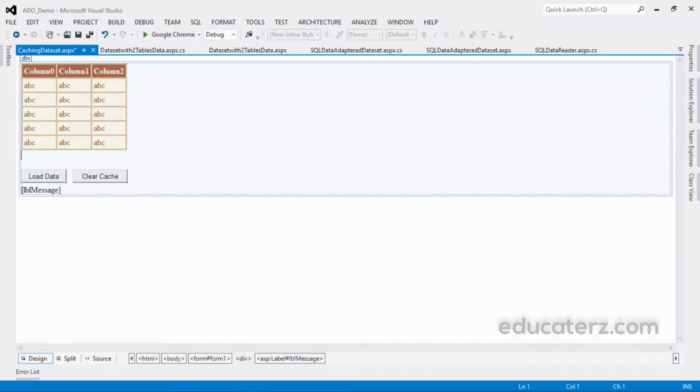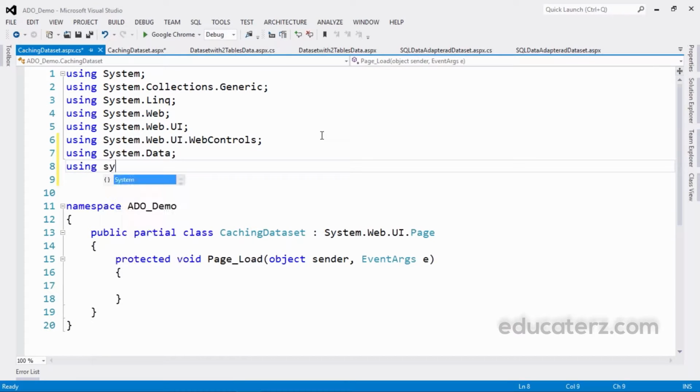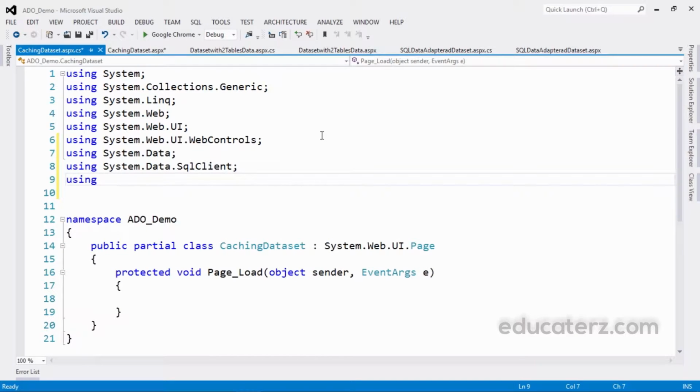Now let us move to the code view. Always remember that we should use these namespaces in order to communicate with the database: using System.Data, using System.Data.SqlClient, and then using System.Configuration.